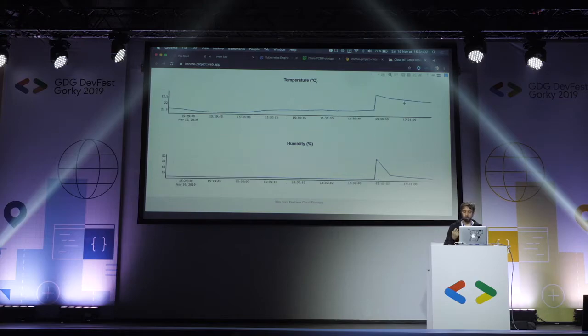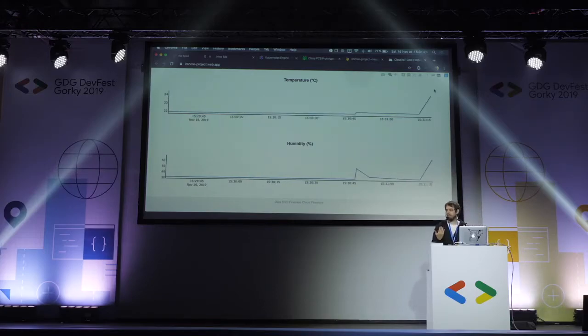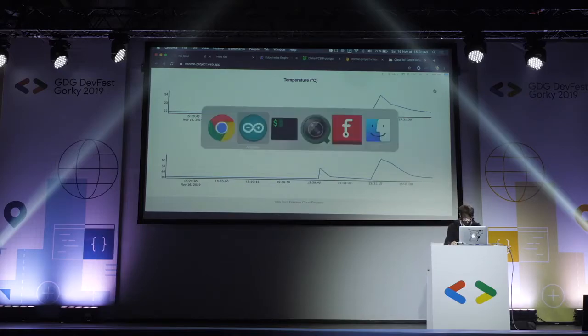But you know, we probably can do better than that. So yeah, we can see if it works or not. It should work. But you know me, I'm the kind of person who likes to show off a lot. And I cannot show off a lot with just that ugly graph. So what you can do is you can actually connect anything to the Google Cloud Platform the same way. So if I want to connect glasses, I can just connect my glasses to the Google Cloud Platform the same way I showed you and just get the data from Firebase in real time, so I can just have the temperature every time. I'm just checking if it works or not.